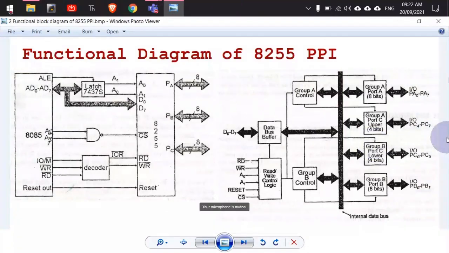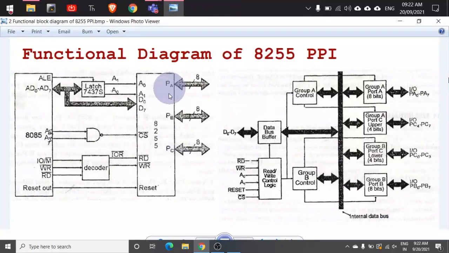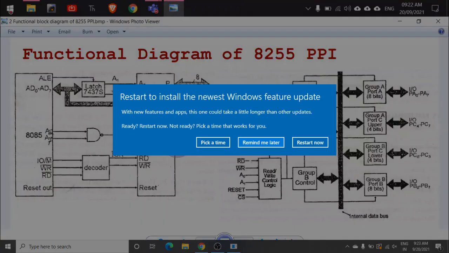Yes, sir. So this is the functional diagram of the 8255 programmable peripheral interface. And how do you connect it to your microprocessor? The procedure is very simple. These three ports do not need connection with the microprocessor. They will be available as three hubs to the external devices. You can connect anything. In the coming lectures, we are going to see that we will be connecting a keyboard through this.